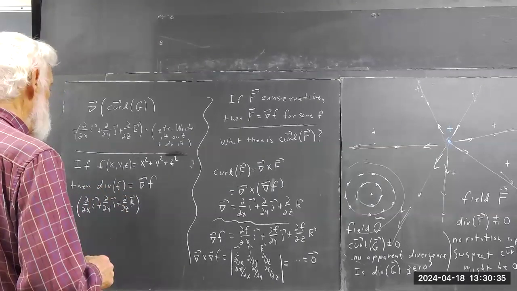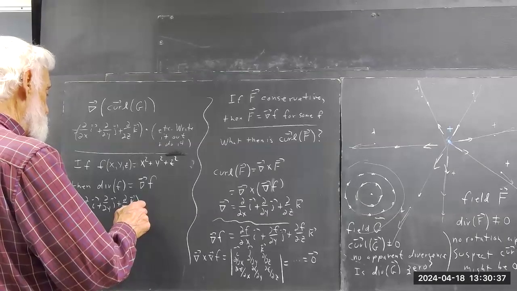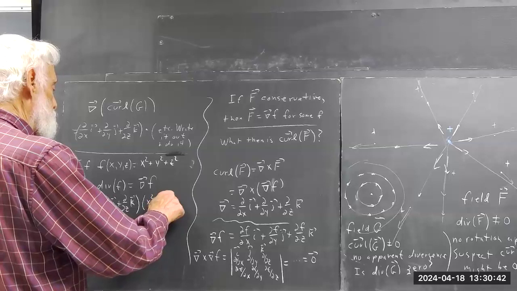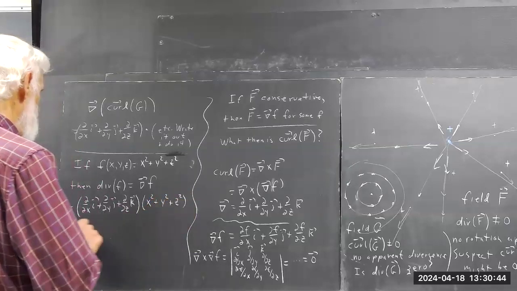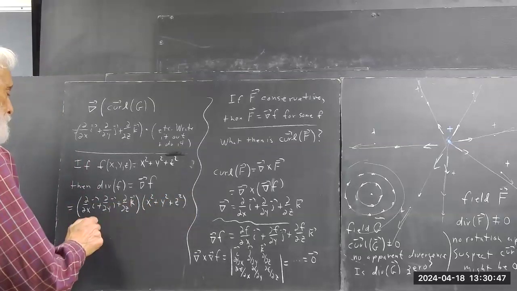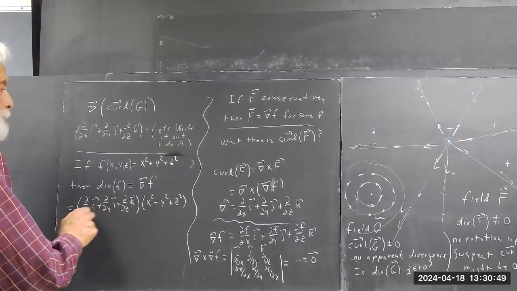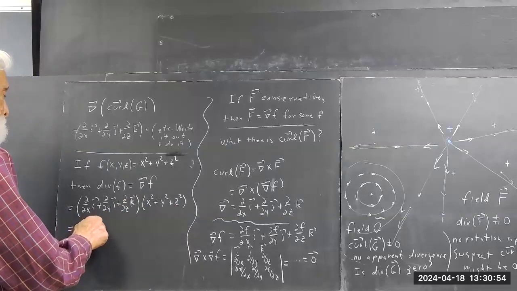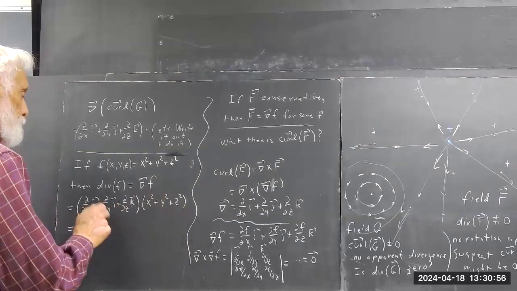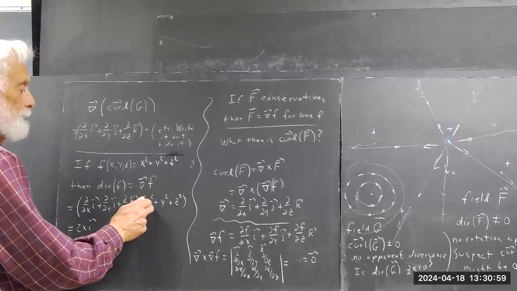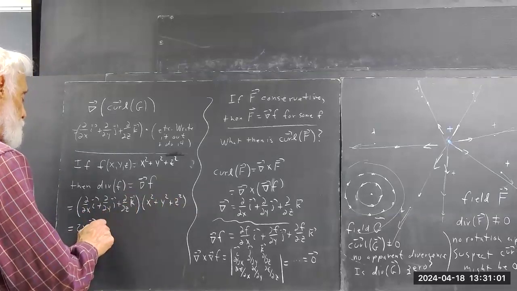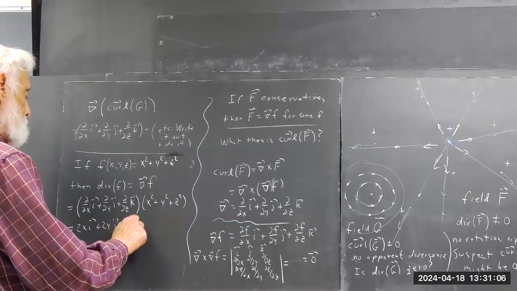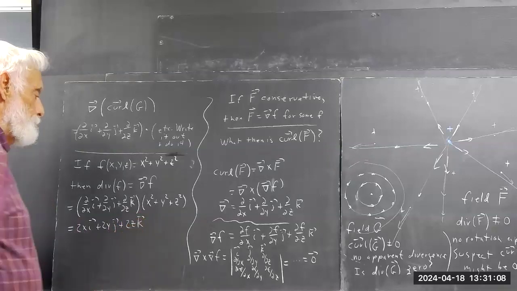Divergence of F equals del dot F, which is this operator applied to x squared plus y squared plus z squared, which equals partial with respect to x. Partial of this with respect to x is just 2x. Partial of this function with respect to y, well, derivative of x is 0, derivative of z is 0, derivative of y squared with respect to y is 2y. And that's pretty much